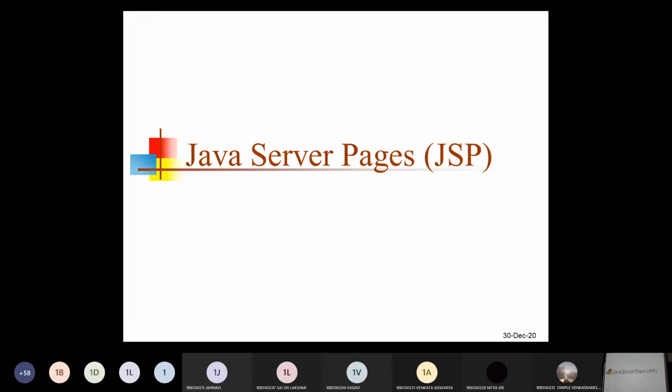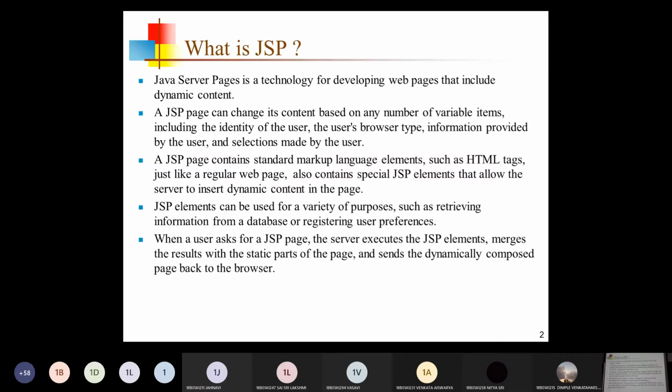Before going to the experiments and demonstration of the programs using JSP, first of all we have to discuss how it will look like, how to write and implement JSP programs, and the differences between servlets and JSPs and the advantages and benefits of JSPs over servlets. JSP has a simple definition for Java Server Pages. The definition is very simple.